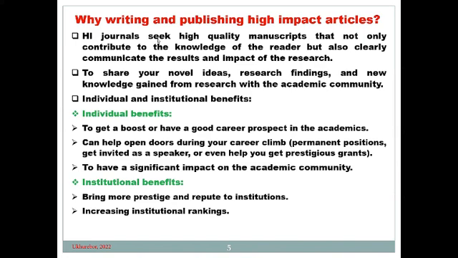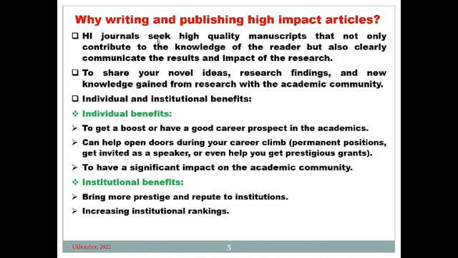It boosts you and it gives you a good patron. When you are talking about people, it builds your career prospects as an individual. It can also help you open doors in your career to climb higher. How do you climb higher? You might get an academic position. Somebody will just call you, Kingsley, come and take this job because you are good. If you present your CV to a board, they look at it and say, this guy is good. They want to take you at once because you have high impact factor.